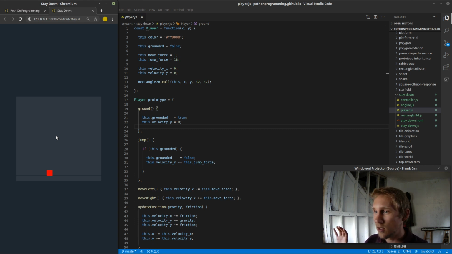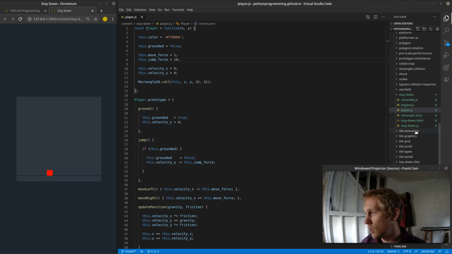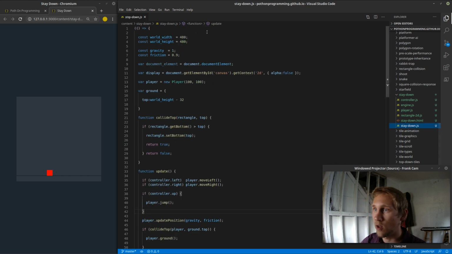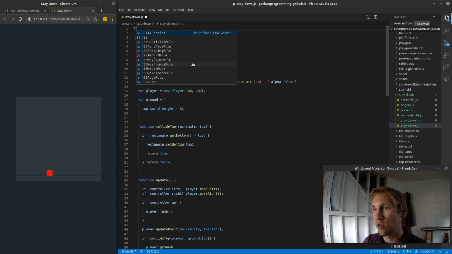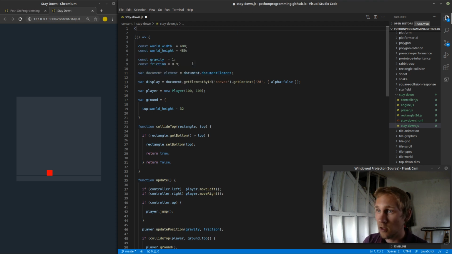And before I get into all the different states and everything, I want a really good system for organizing all my code and keeping things just reasonable to manage and look at. So let's go ahead and get started here in the main JS file. So the first change is just going to be defining a constant. I'm just going to call it stay down because that's the name of the project, equals